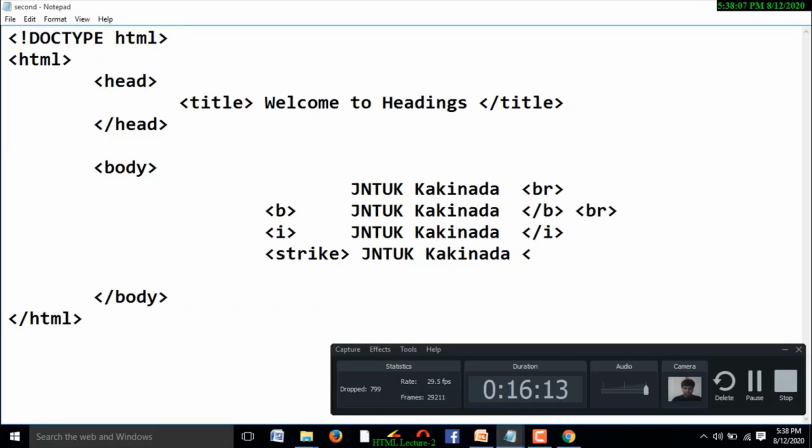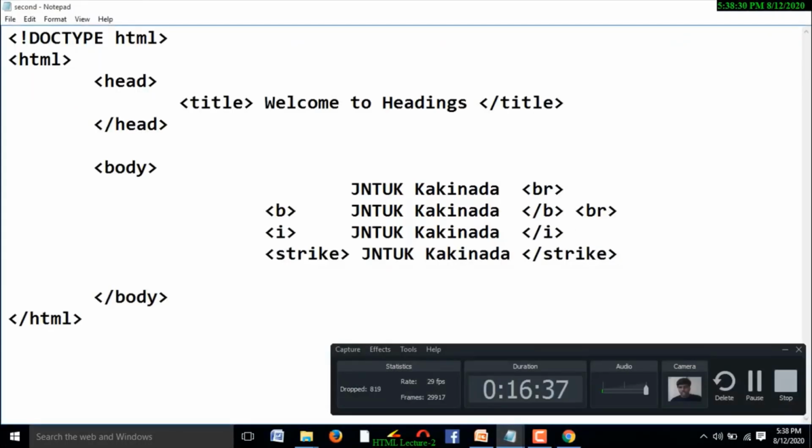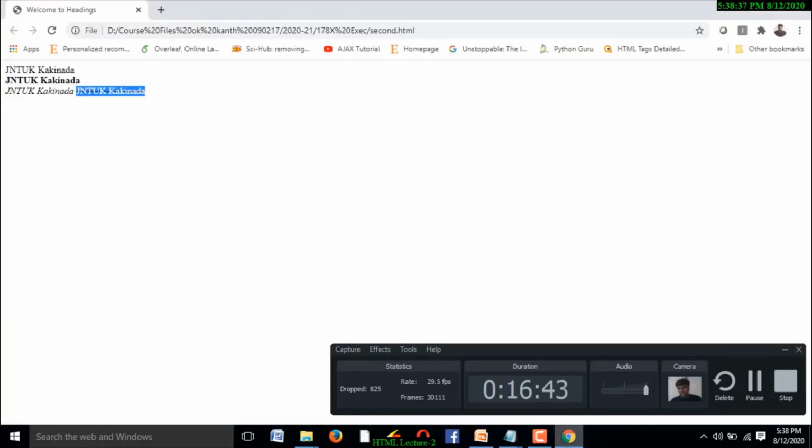And closing tag of strike. Save this file and execute it. You are going to get strike text here. Got the point? And if you want to see the output in another row, you just use the BR tag here. Save this file and update it in the browser.